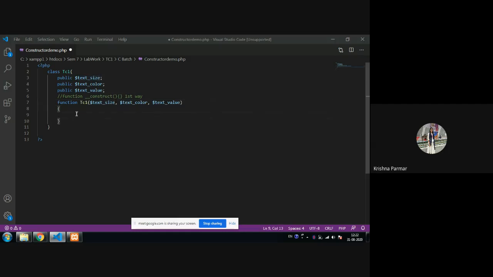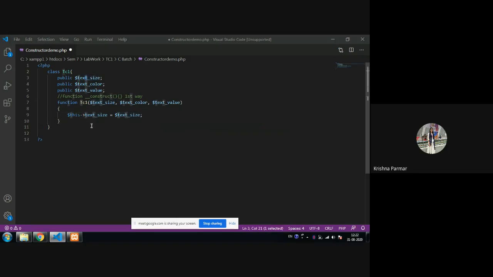So I'm assigning those values: this arrow text_size is equal to text_size. What does it mean? Whenever the user calls it, say the user gives the size 20 px, that 20 px is assigned to our class or global property.